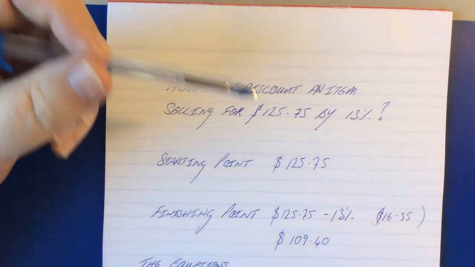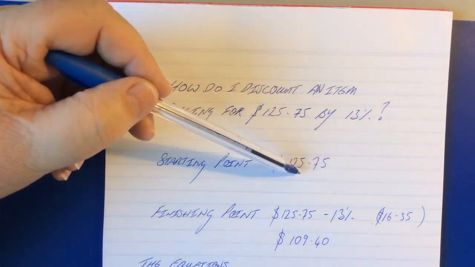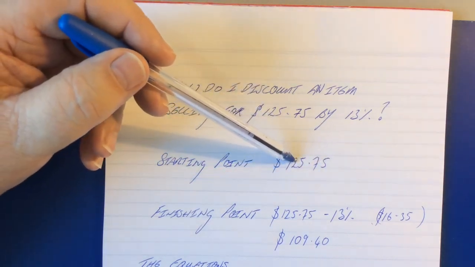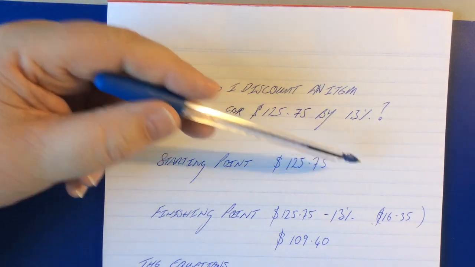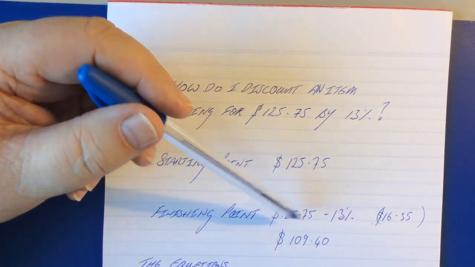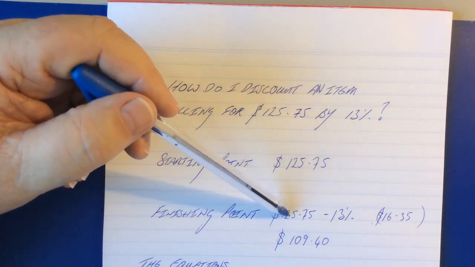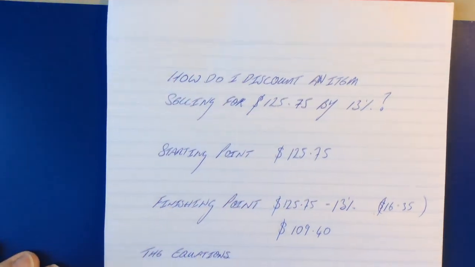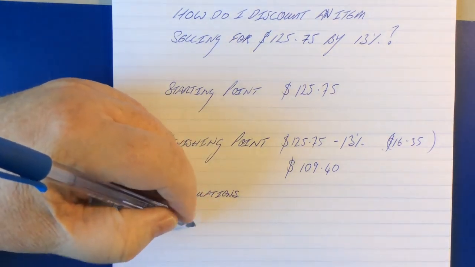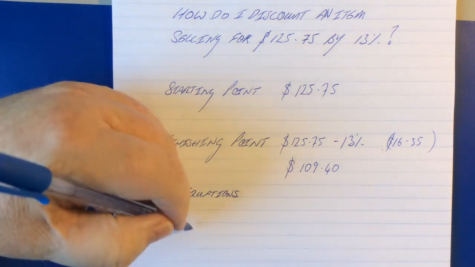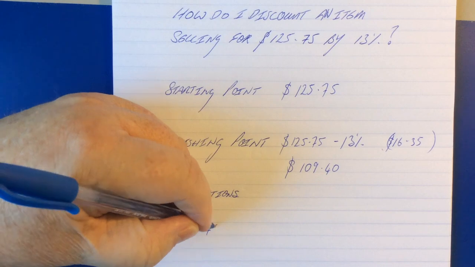So that's that. That's that minus 13% of this, and you saw me work that out. It's simply 125.75 times 0.13, which is 13%. And I can take that amount and subtract it from this. So what does the equation for that look like? Well, it is quite simply 125.75